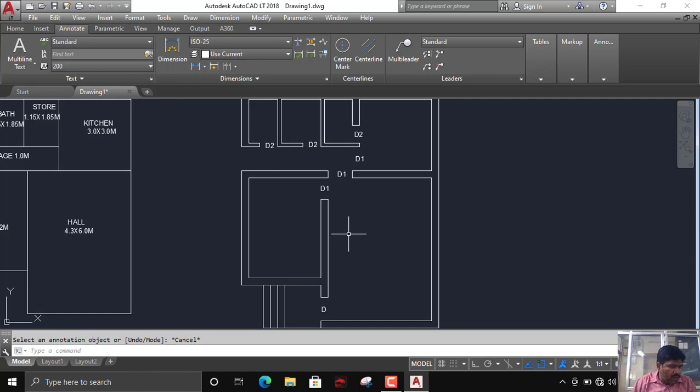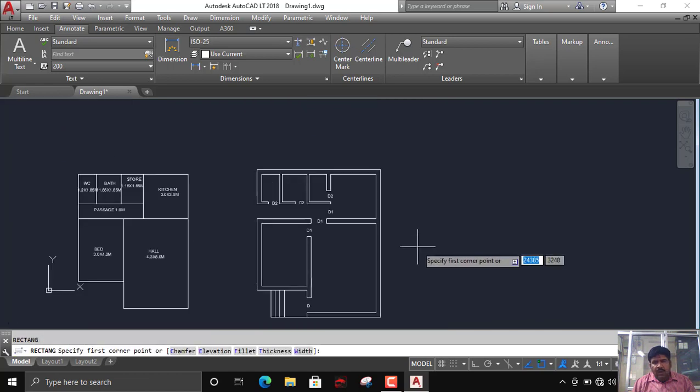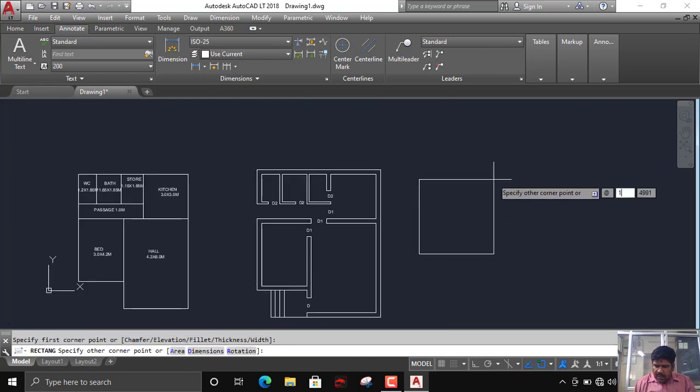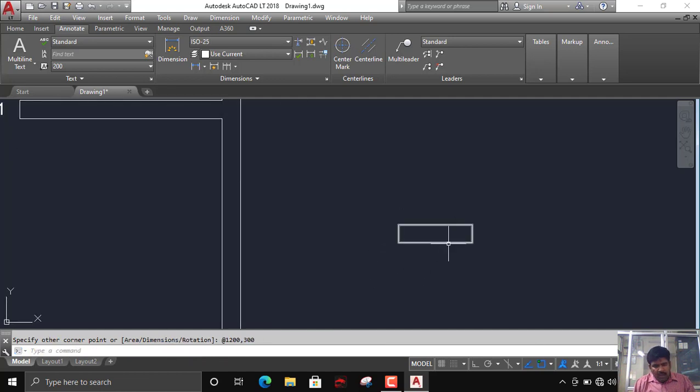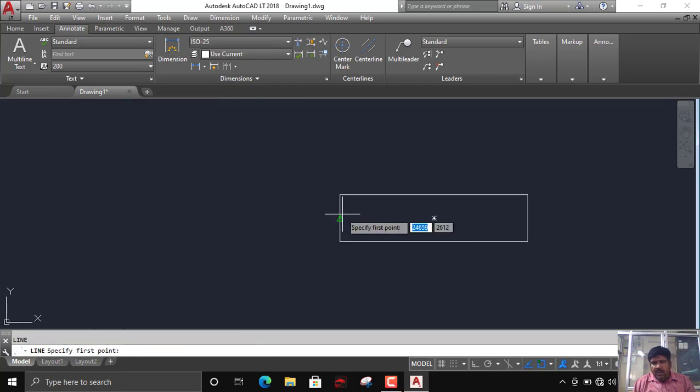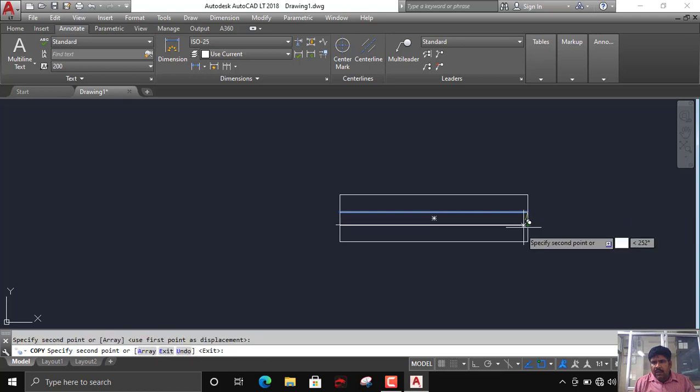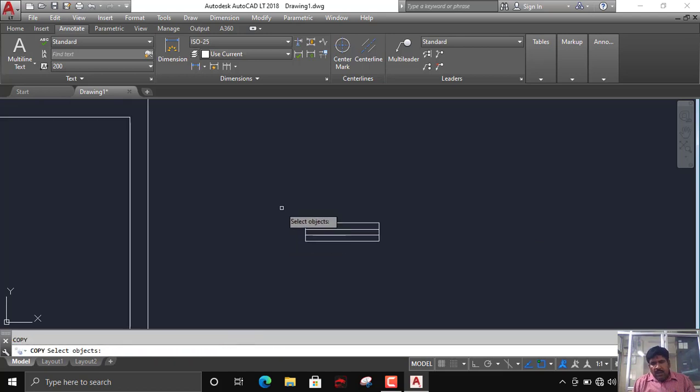For window, what you have to do, window it will come only in the periphery. There are two types of windows are there. One is 1.2 meter, right? One is 1.2 meter, other is 600 mm as a ventilators, right? So what I will do, I will draw a rectangle here, right? It is 1200 comma 300 wall thickness. This is one window, right? One window. I will just draw two parallel line just to show that this is a window, correct? Second window is 600. I will just stretch this by 600. This is ventilator, 300 size, right?